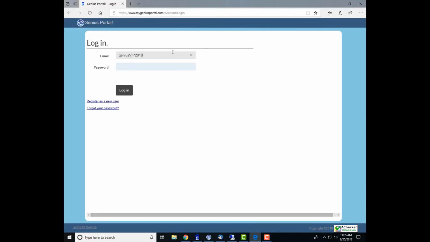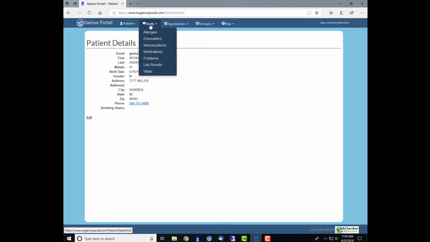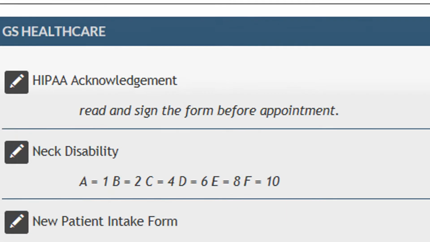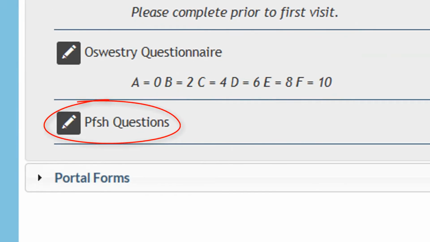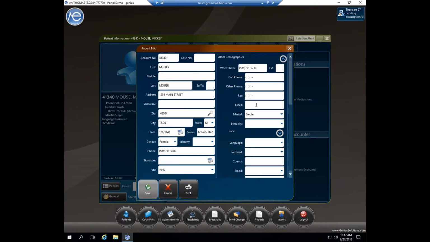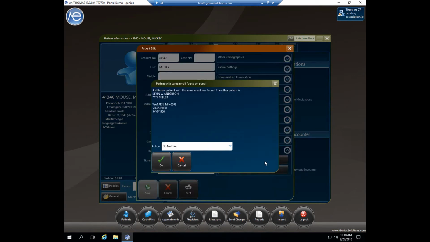The Genius Patient Portal is user-friendly for your patients. Some of the features include accessing health information such as vitals, lab results, allergies, current medications, diagnoses which can be accessed through the Problems option, and answering PFSH questions. The setup of family accounts for your parent patients to access their child's medical records easily. If the patient has already created a Genius portal with a different practice, their accounts will be linked upon setup